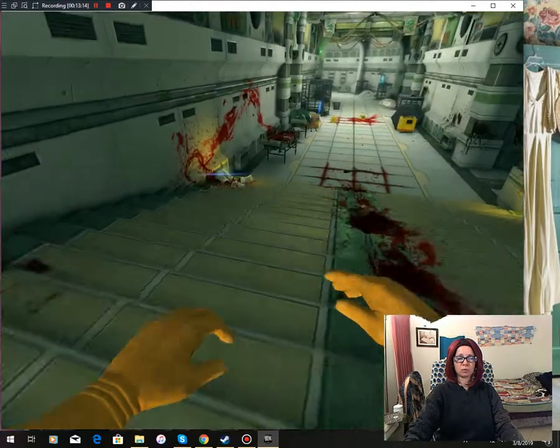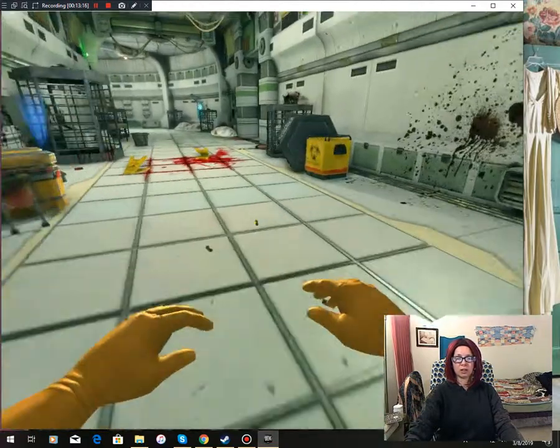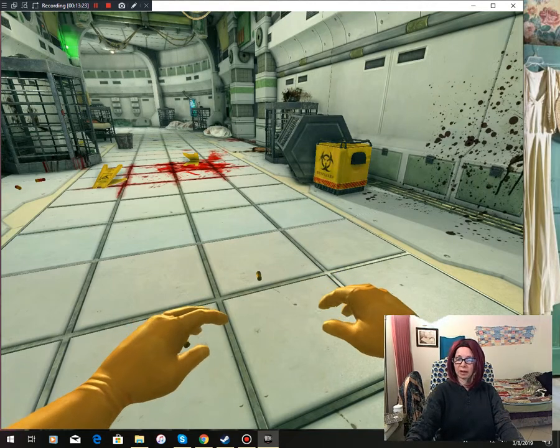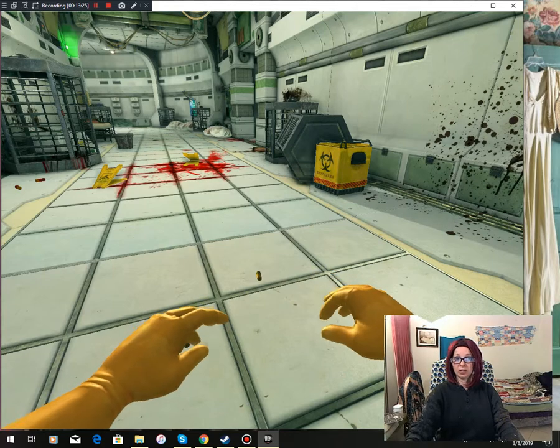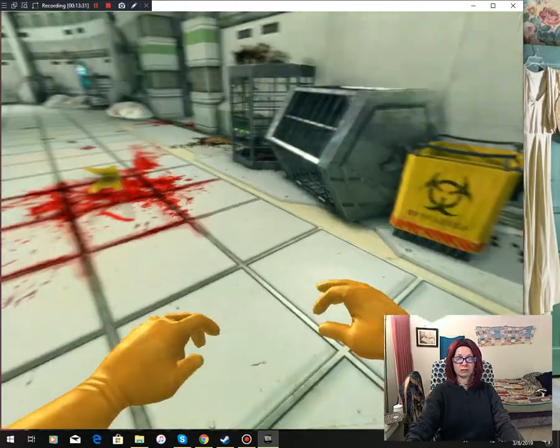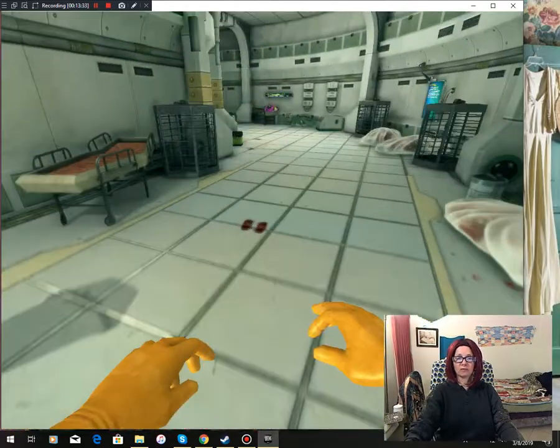So when you're doing Viscera Cleanup Detail, you gotta worry about the blood, the body parts, any instruments or anything connected to the body parts, all debris like candy wrappers, beer cans, stuff like that, bullet holes, all of it. Go over everything with a fine-tooth comb,